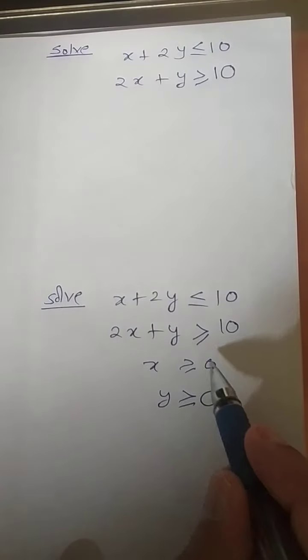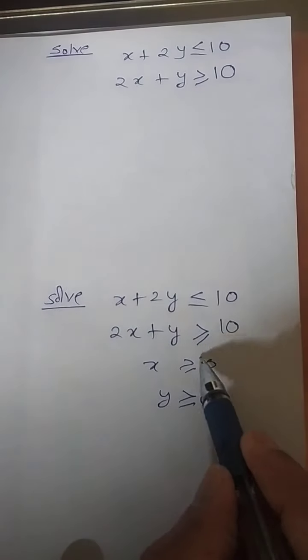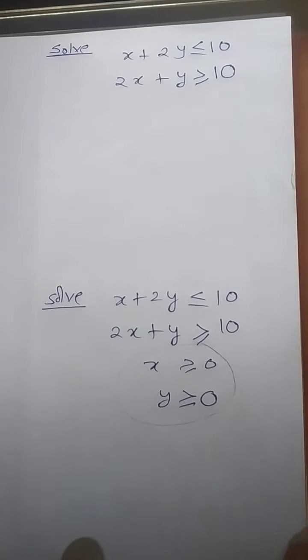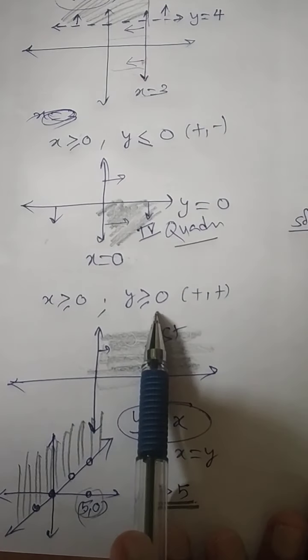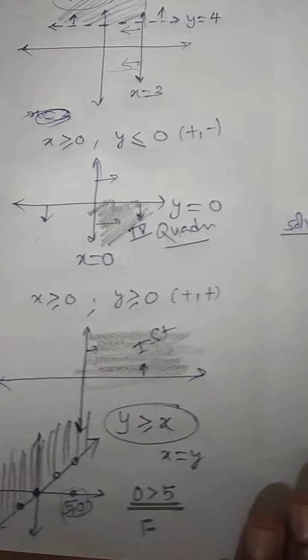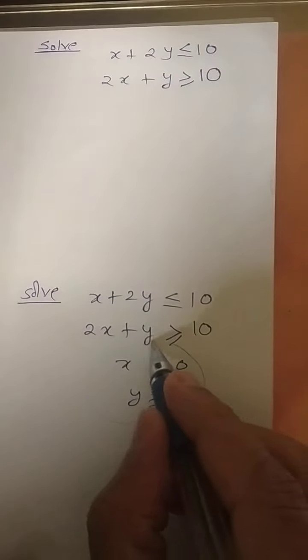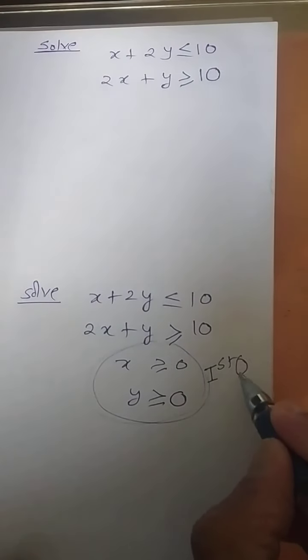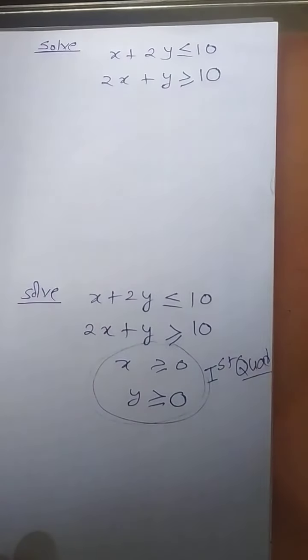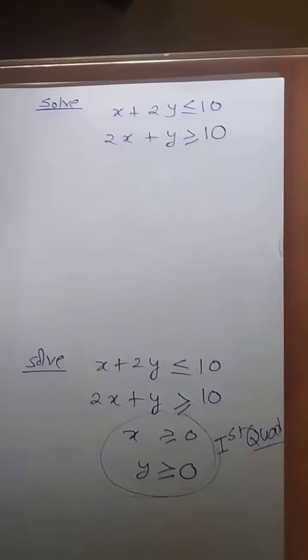So what is the meaning of this? You have learned in the previous video: x is greater than 0 and y is greater than 0. If you remember, this was the situation. x is greater than 0, y is greater than 0 means the shading is nothing but the first quadrant. So remember, if this is the scenario in any question, do not think more, it is nothing but the first quadrant. Just keep this in mind, and how to answer that I am going to share now.